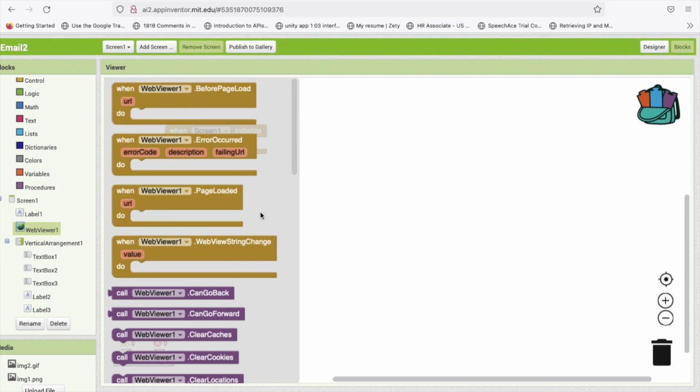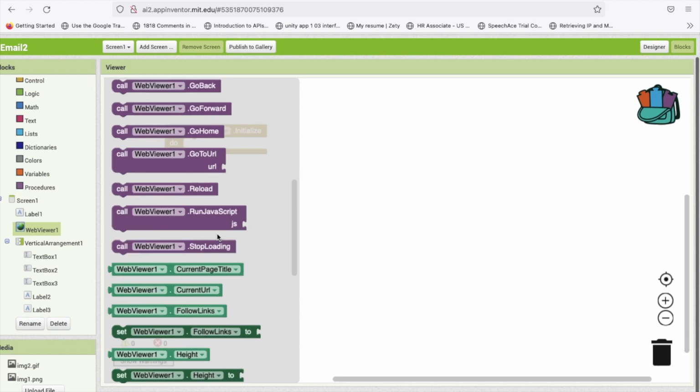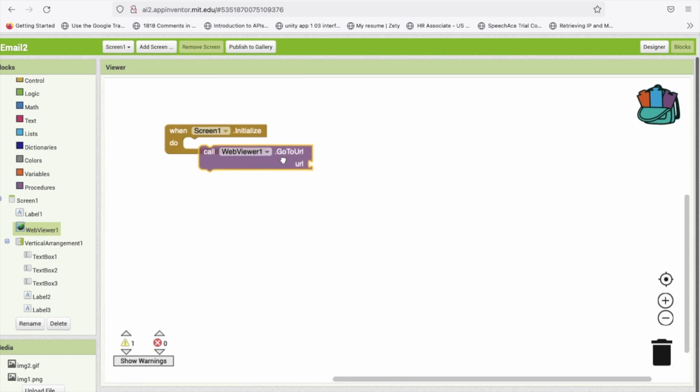It looks blurred, maybe because I'm using Mozilla here. Maybe you're seeing it blurred also. In the next video I will not use this Mozilla browser, but it's really fast compared to Chrome. So let me use this one, go to URL, call this here like this.